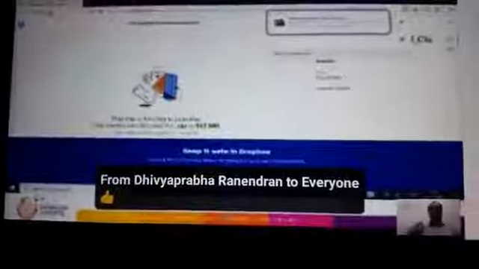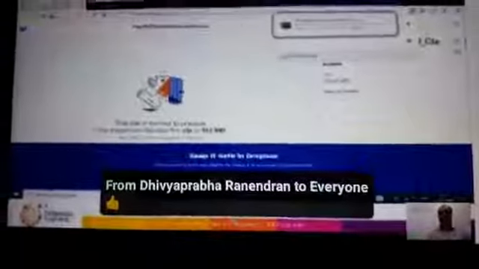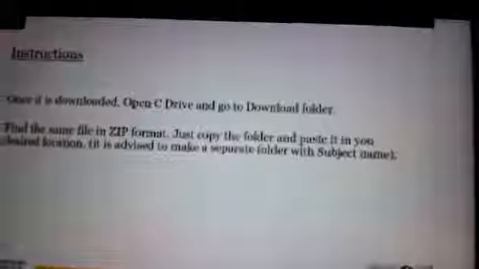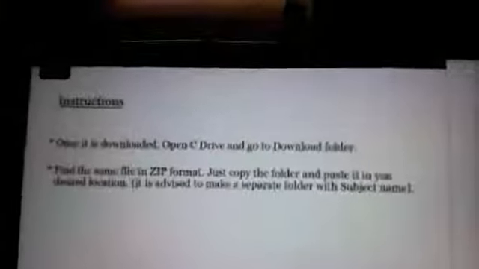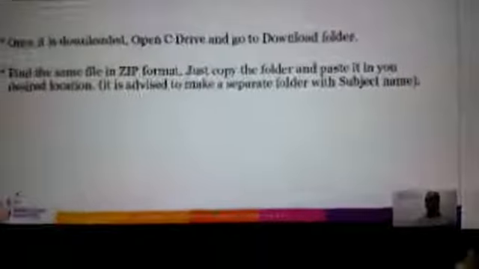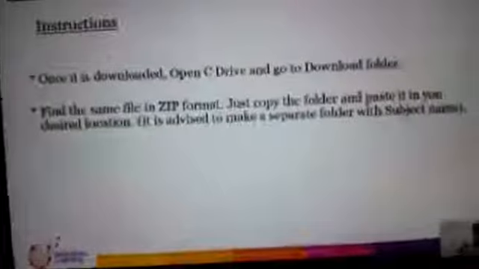you will see a notification on this tab, and it will show you the progress depending on your network strength and network speed. It will be downloaded very soon, and once you have downloaded it, you just need to go to that respective folder. Generally it is saved in the C drive, and in the downloaded folder you will visit and take that zip file, copy it and paste it into the respective folder wherever you want to save it, wherever there is space in your laptop or system.